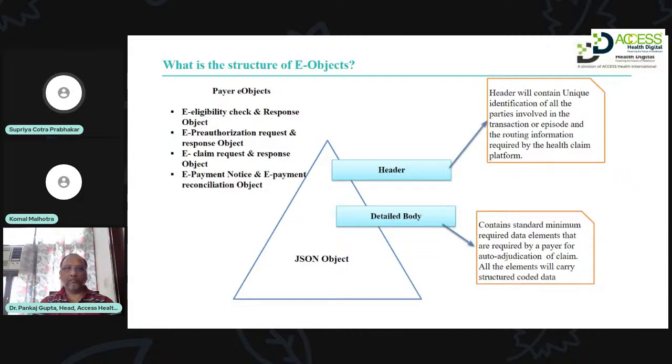So an eligibility check e-object can be generated by a hospital's information system where information about the health insurance plan, the policy details of the patient that he came with, his condition, and all of this information is sent using the e-eligibility check object as part of the checking process through the health claims platform. And when the payer receives this object, he is going to be able to process this, verify this request, and send a response back to the provider saying whether the patient is eligible or not based on the plan and the criteria. So this entire process is done without any kind of human intervention, and the information captured just needs to be put in the form of an e-object and shared between two